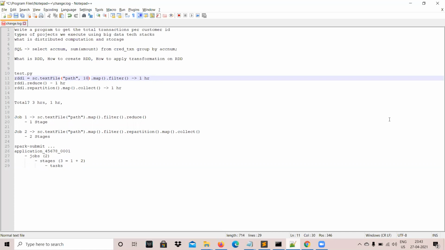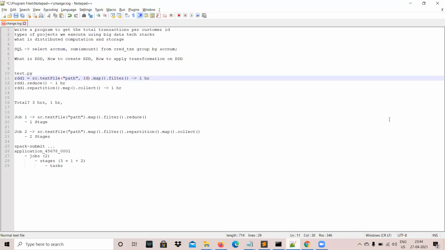Inside the RDD class we have a whole bunch of functions, and these functions are broadly categorized into 2 types: transformations and actions. If a function returns an RDD, it is called a transformation. If a function doesn't return an RDD, it can return anything else, like a list, as with take, collect, take sample, take ordered. These are all actions. And functions like save as text file, save as sequence file, save as Hadoop file, and new API Hadoop file return nothing; their return type is void. So if a function doesn't return an RDD, it's called an action.